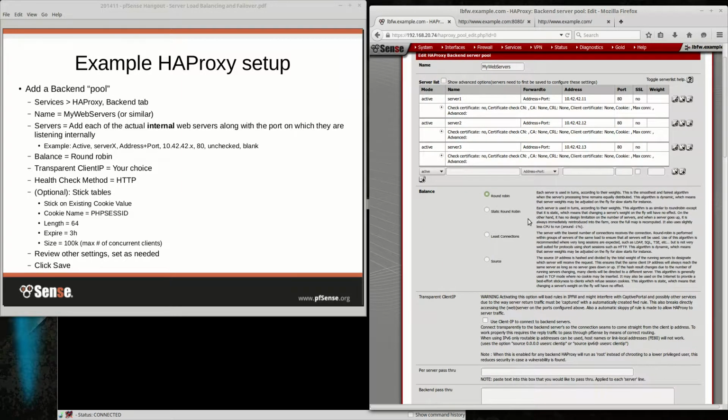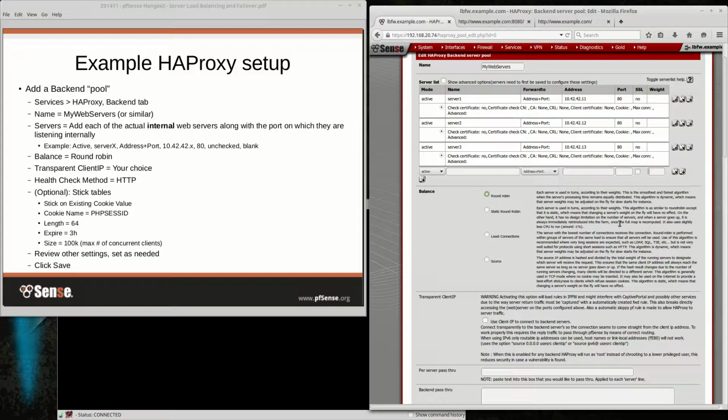And here, the various modes we talked about earlier, round robin and static round robin, are similar, except for the way that the calculations are done. With round robin, it's basically like round robin in pfSense, where it just goes server 1, 2, 3, 1, 2, 3, 1, 2, 3, but it is weight balanced. It's dynamic, and so as servers come and go, it can adapt to those. But because it's so dynamic, it can also be a little bit slower to respond to changes. And with static round robin, things are calculated at the beginning, so weights and things won't change on the fly.